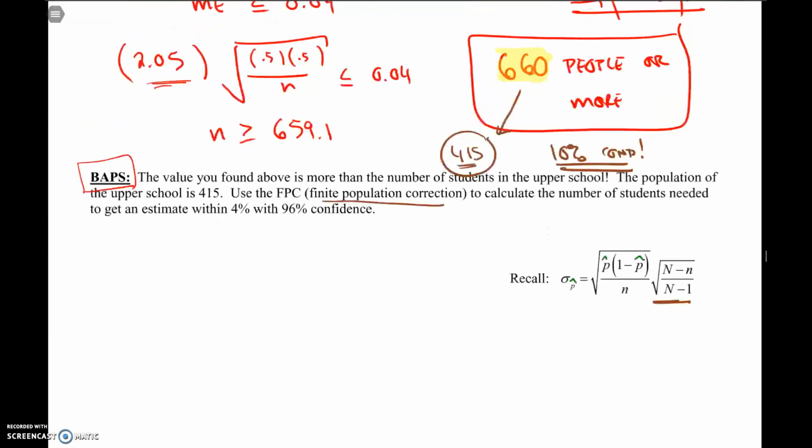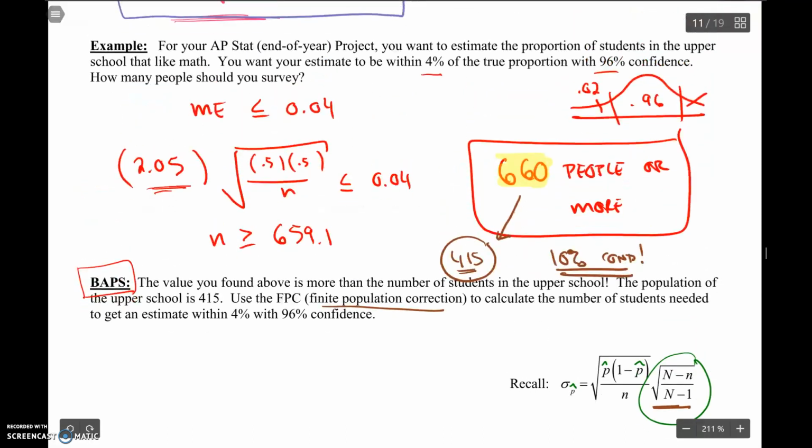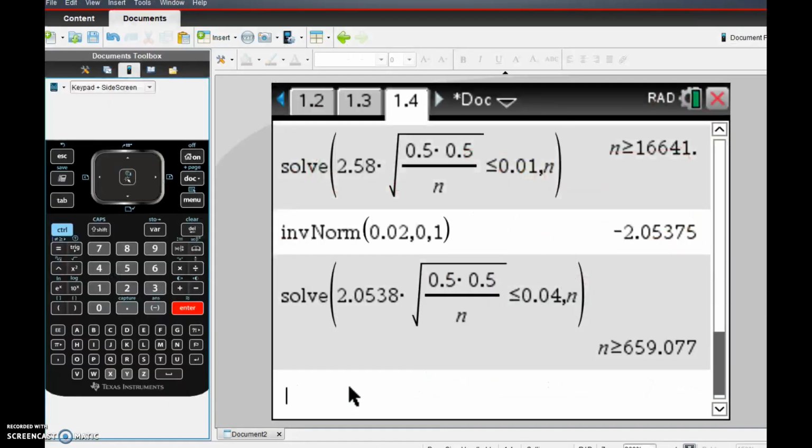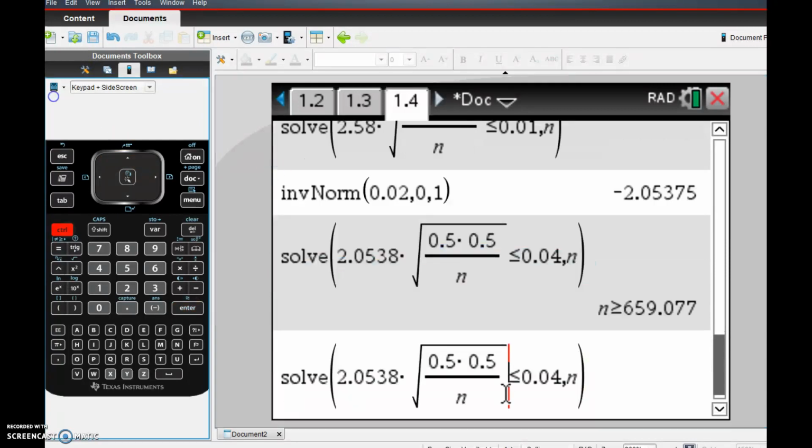So let's do the same calculation above, only let's just add this extra factor in. I'm not even going to write down the formula. I'm just going to multiply by that extra factor. It is your population size, 415, minus your sample size, which is unknown, all over 414. So this is harder to solve by hand, by the way, because you got n's in 2 different spots. So that'd be pretty tricky by hand, but these calculators are fantastic. Square root, fraction button, 415